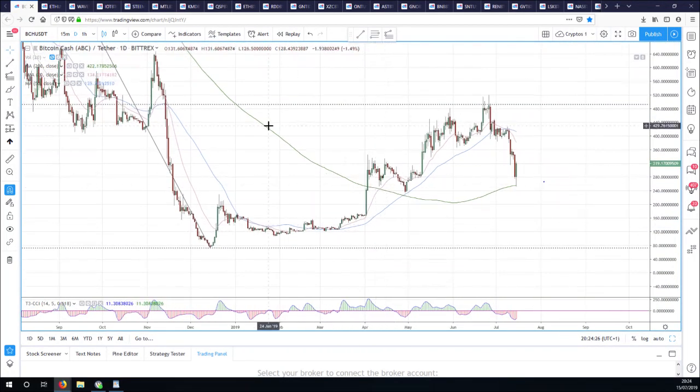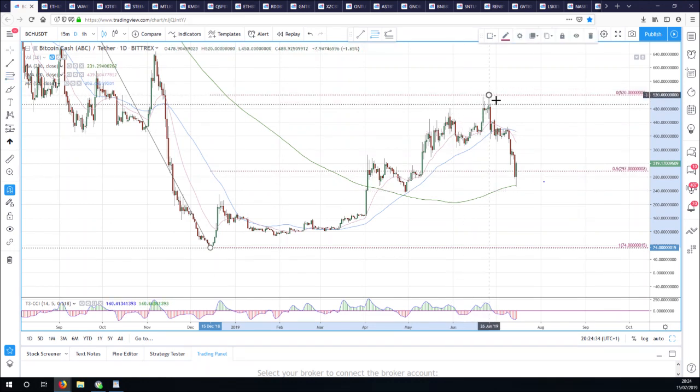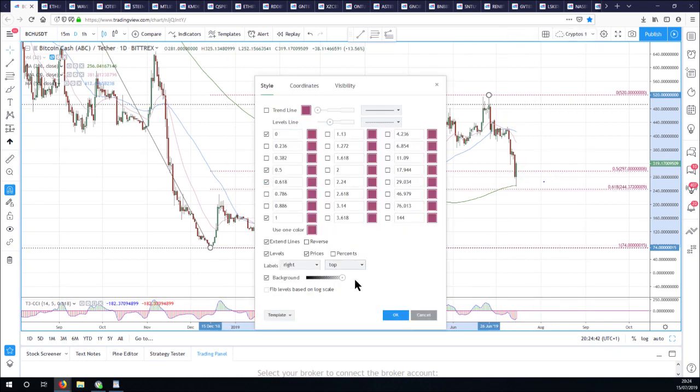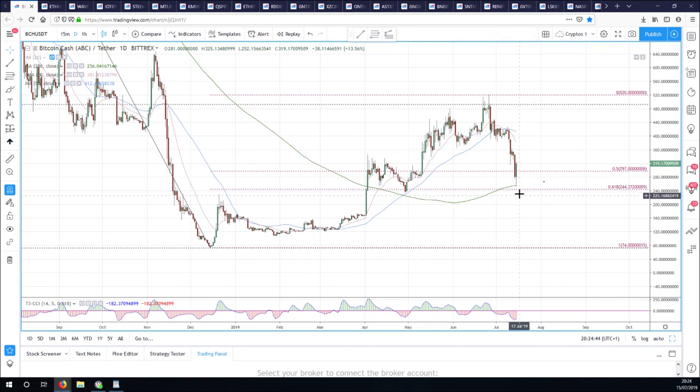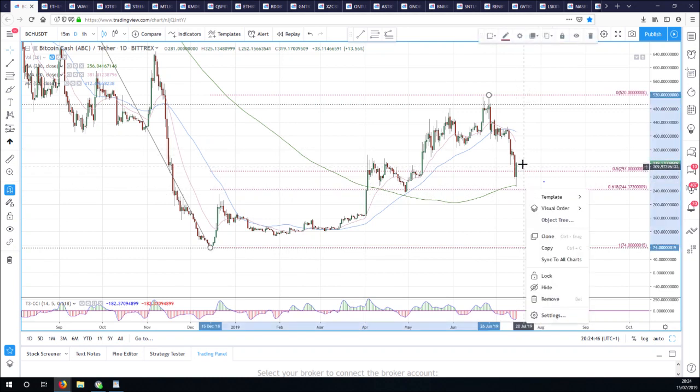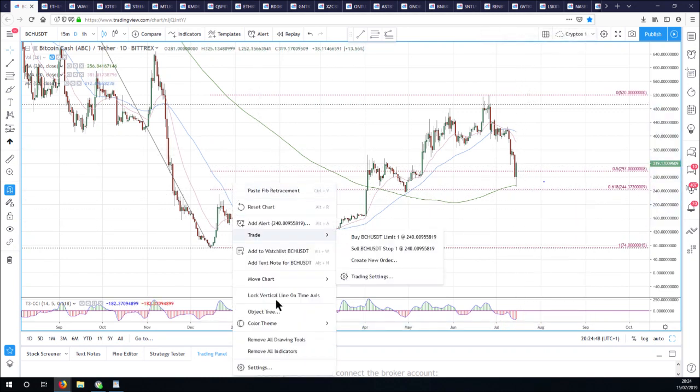Again, this is just a correction. Now this is one just like ETH where I think we've probably done 5 waves up. And we've done a really nice move here too. 50% back. It was a bit of a last minute stick save, but we've bounced off the 200 moving average as well. We didn't get down to the 61.8. We didn't quite reach it. So I'm going to call this a 50% move, the same as ETH.